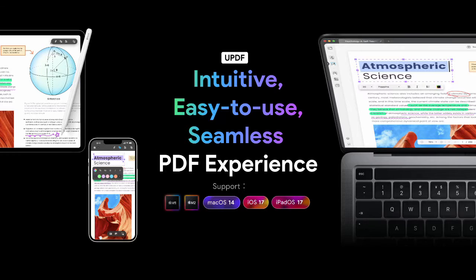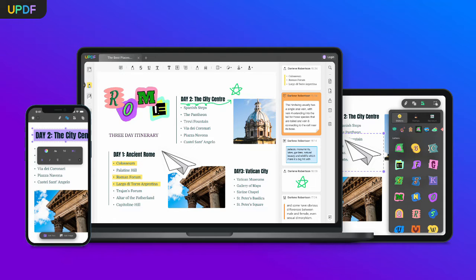One of the best features that I love about UPDF is that it allows you to work whenever and wherever you want. It's compatible with a lot of platforms like Windows, Mac, Android, and iOS. This gives you a lot of flexibility to edit your files not only in your home or office, but anytime, anywhere on the go. Aside from editing, we can also annotate.